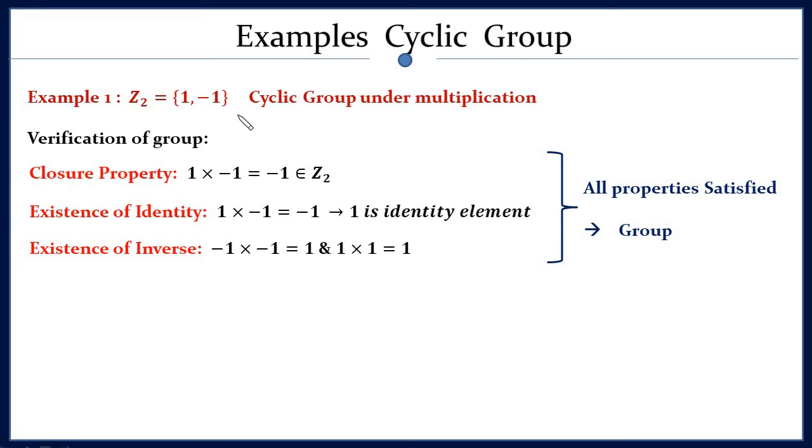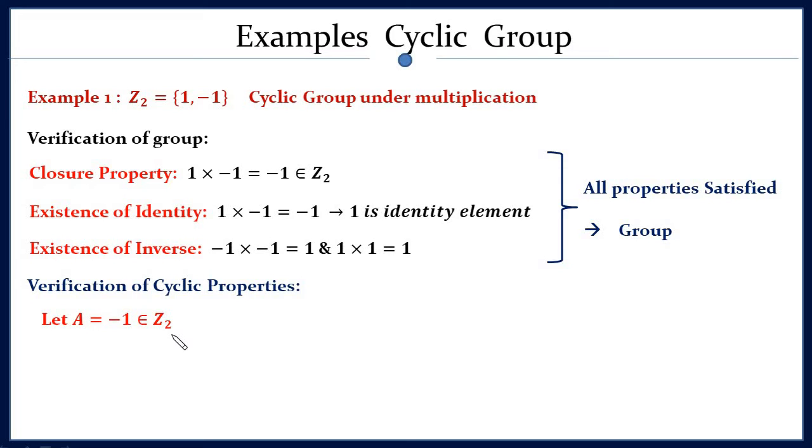Now we will verify whether it is a cyclic group or not. To do that, we will assume this -1 is A. As per our definition of cyclic group, there we have considered A. And what I said in the definition of a cyclic group: if A is a member of Z2, then all the integer powers of A must be a member of Z2. And where will it stop? When A to the power n equals identity.